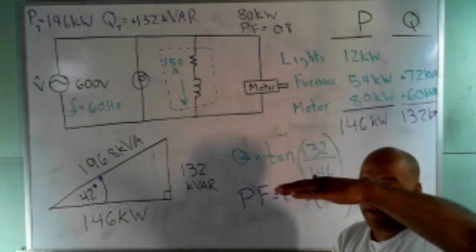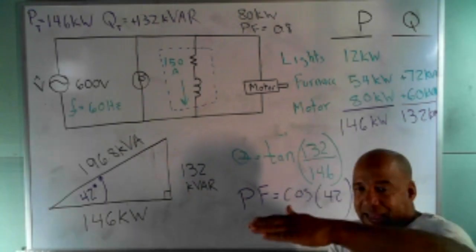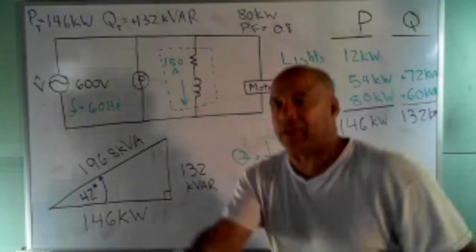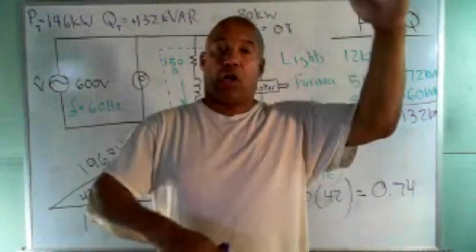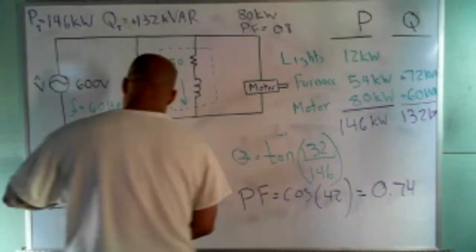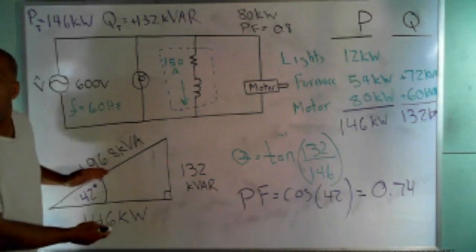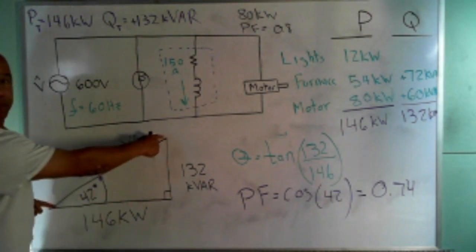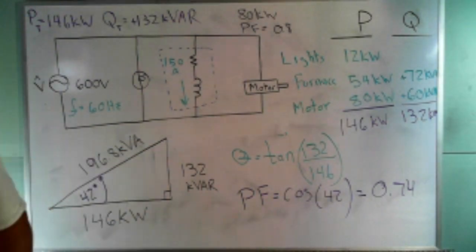The lower my angle, the higher my power factor, because the closer the cosine. The lower, look at this angle right here. The lower this angle, as that hypotenuse,